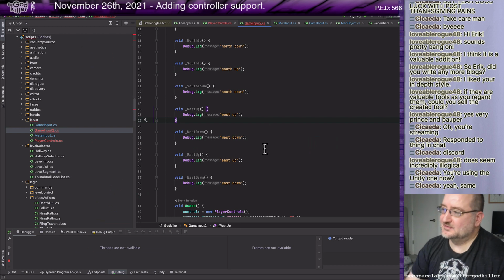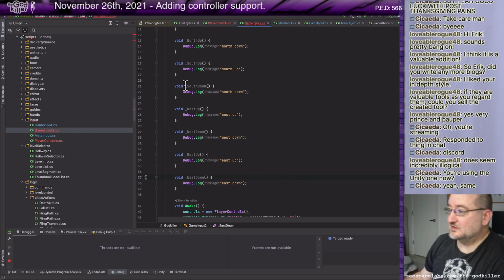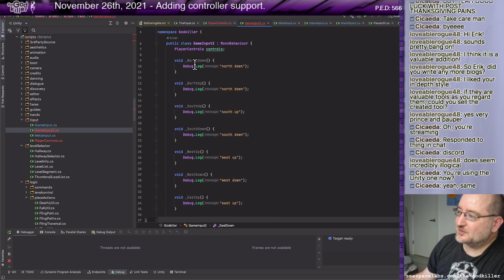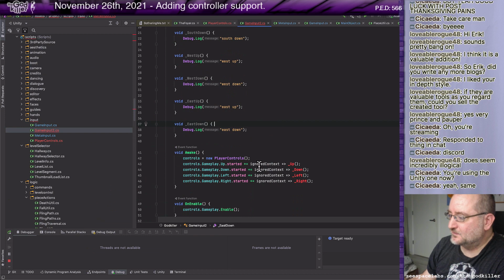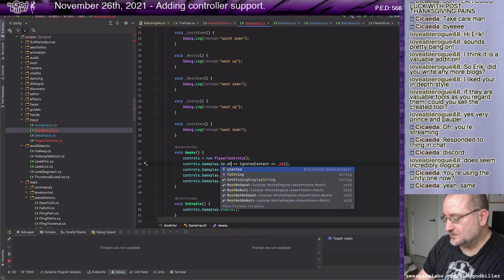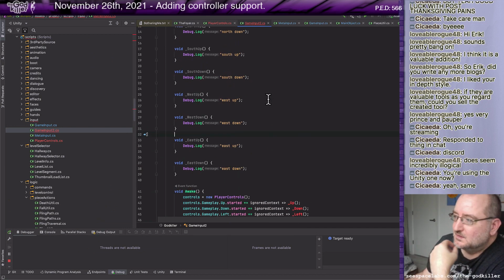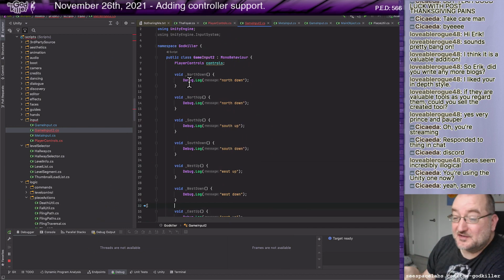I started in the eventing system to do up and down events, or basically start and release, whatever it is, started and canceled. And then from that, I would set a variable showing the current state of the control, and the input code would go and pick up that variable.